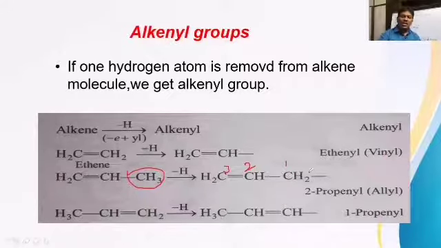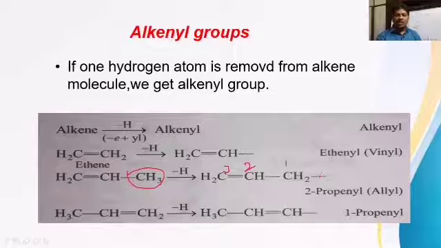Now in this case, carbon atom 1, the single bonded carbon atom which is attached directly to the double bonded carbon, is called the allyl carbon. And this double bonded carbon is called the vinyl carbon. Whatever single bonded carbon is directly attached to the vinyl carbon is called the allyl carbon. This allyl carbon has 4 single bonds around it: 2 single bonds with hydrogen atoms, 1 on the left side, 1 on the right side.